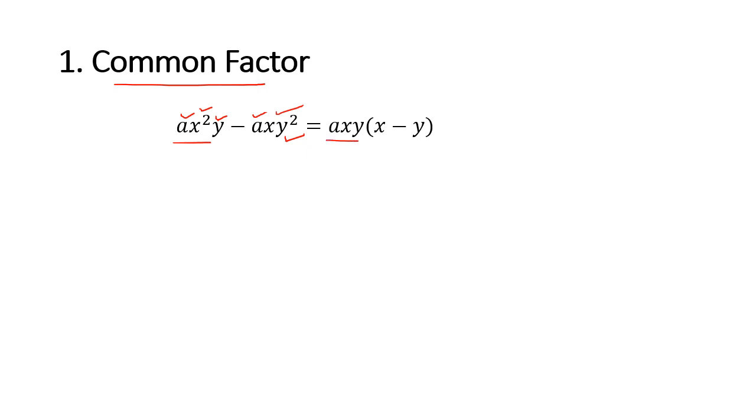So you need to factor it out of the expression, and then quantity, right? X. So what is left, which is x, right? And then you have to retain the operation, which is the minus symbol or subtraction. And then for the second term, the one left is only y. So therefore, your answer in factored form is axy, quantity x minus y. So let's have another example to further understand